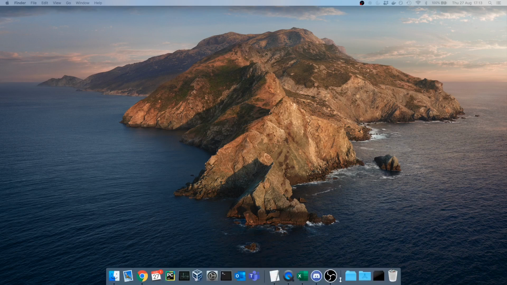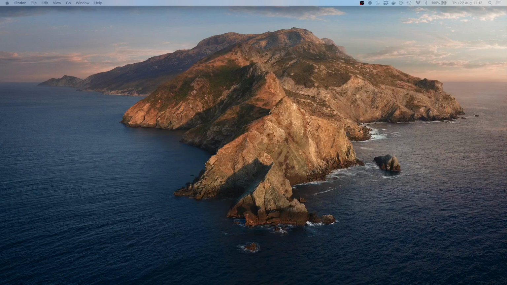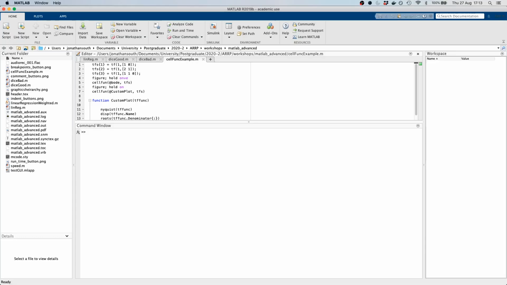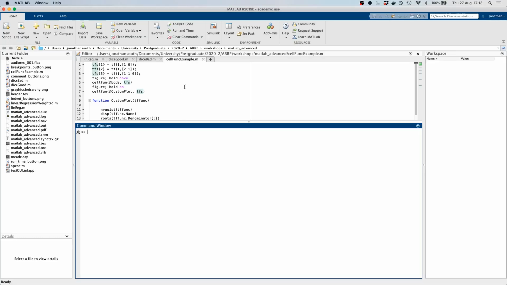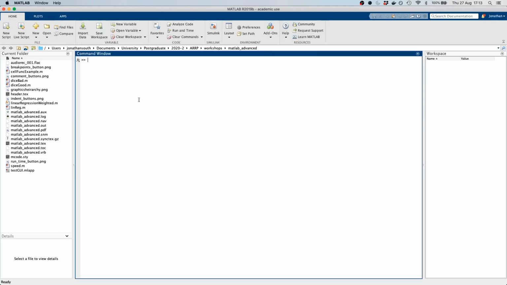Okay, so being advanced MATLAB, I trust you all have a version of MATLAB ready to go. I'll be running in 2019B. I think 2020A or maybe 2020B will be the latest release. But yeah, 2019B, it should all be relatively similar. And so hopefully you can see